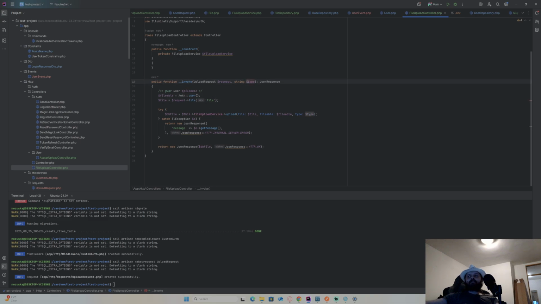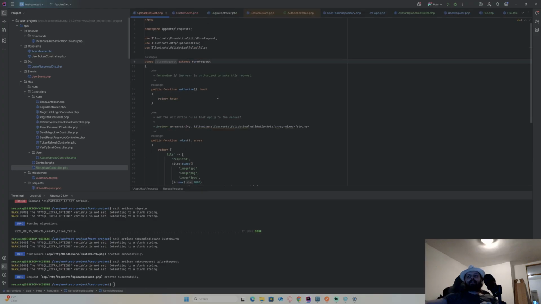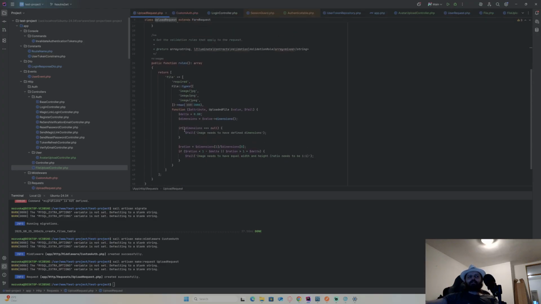Okay, so basically type is dynamic. The only thing that needs to be dynamic now is this fileable. And it's going to be a little bit tricky to get, but I'll show you how it can be done. And the second thing that needs to be dynamic is this upload request, these validation rules, right? They cannot be just for avatar, they need to be dynamically implemented depending on which type of file is sent. So let me see, will I do that now? I will leave that for the next stream.